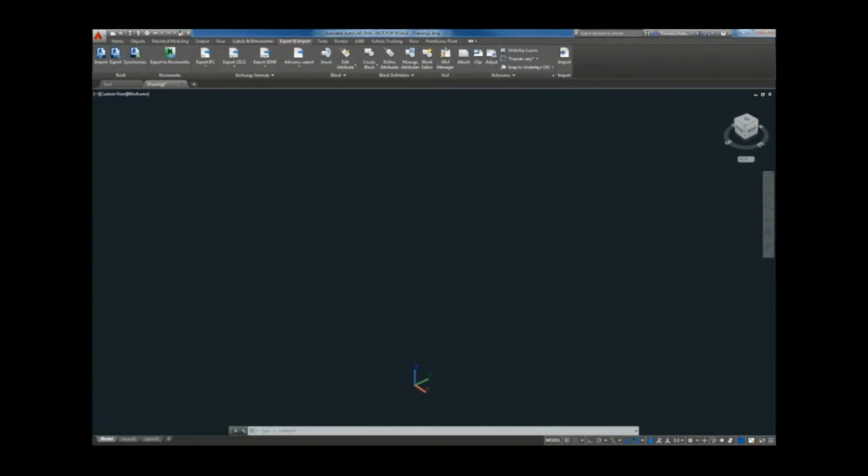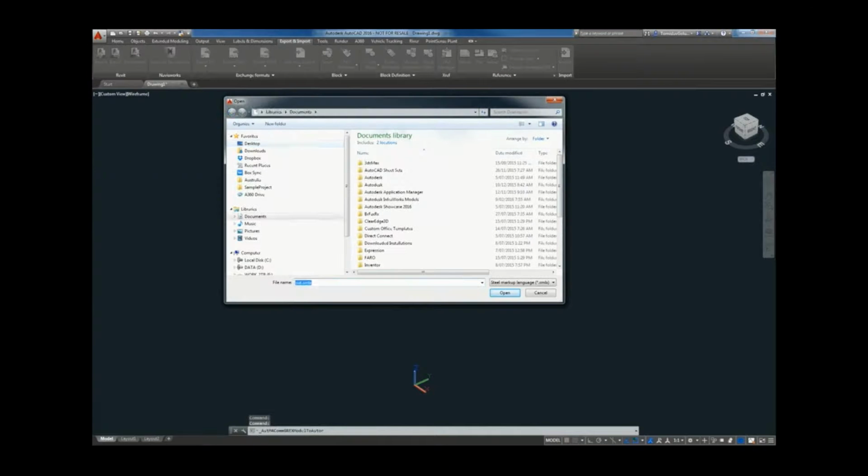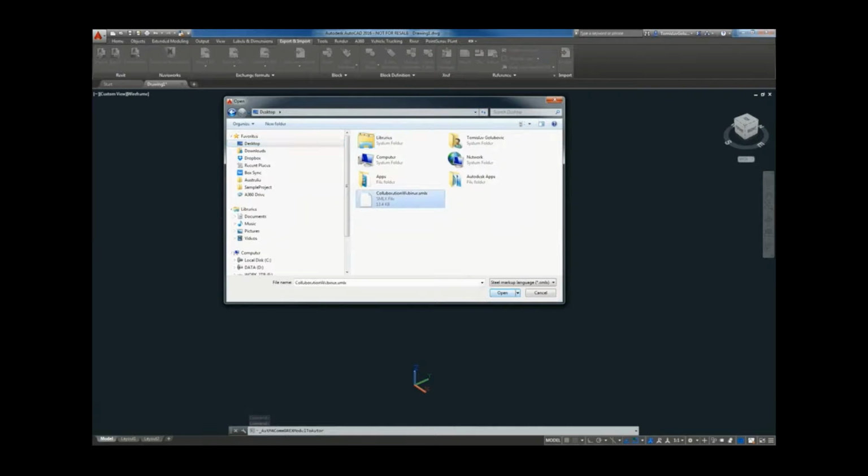Under the Advanced Steel ribbon, I can import and export different options. I can import and export Revit and synchronize, export to Navisworks. I can export different IFCs to SDNF, but I want to look for Advanced Import. So it just means it's the Advanced Steel file format. So the XML file,